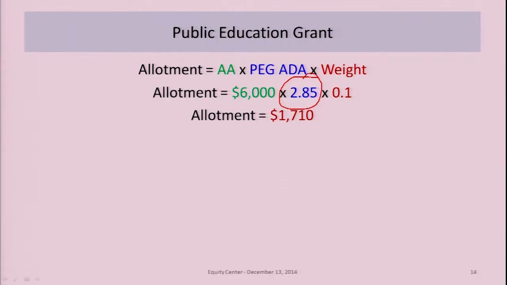But to PEG ADA, and what I've used there is just, let's say that you had 3 kids come into your district to get away from the campus they were on, and say that they were in attendance 95% of the time. Well, that would amount to 2.85 ADA, 95% of 3 children. And multiply your adjusted allotment times the 2.85 ADA in our example, and multiply it by the weight, which is the same as for bilingual, and you can see the allotment is really not going to be a lot of